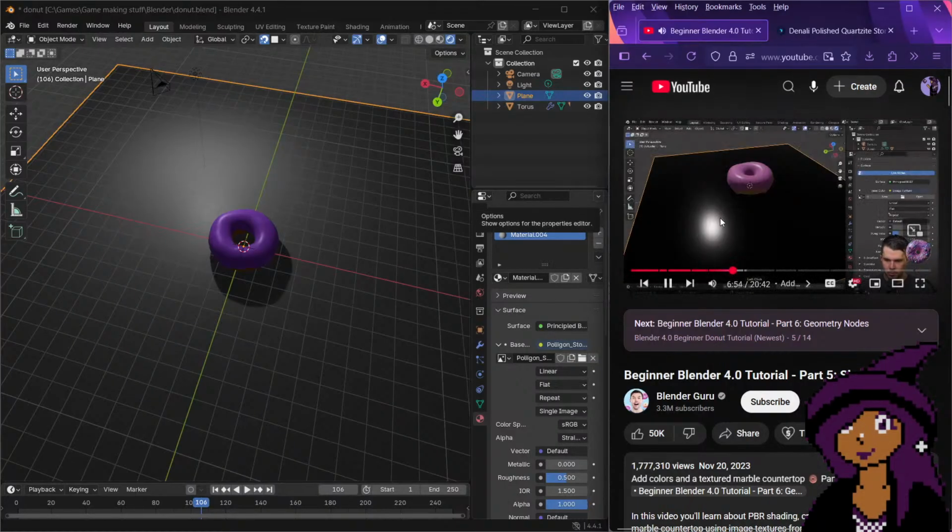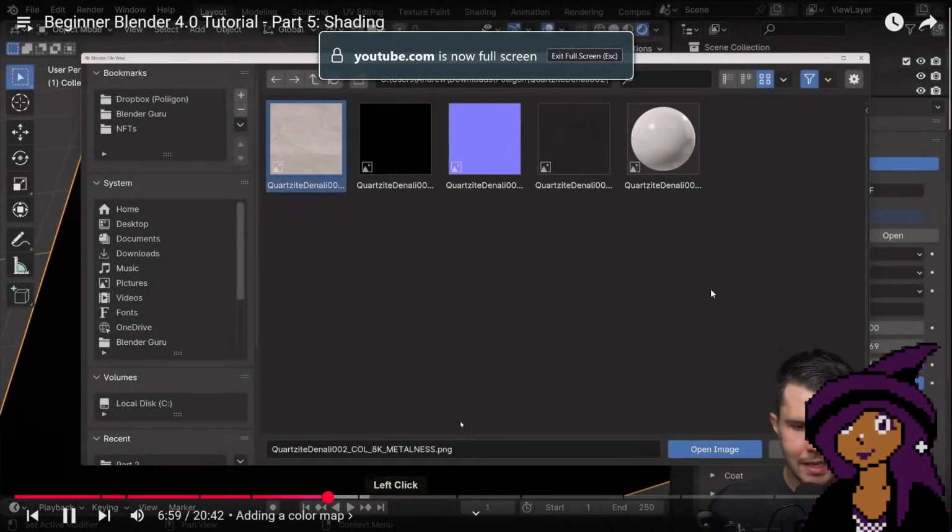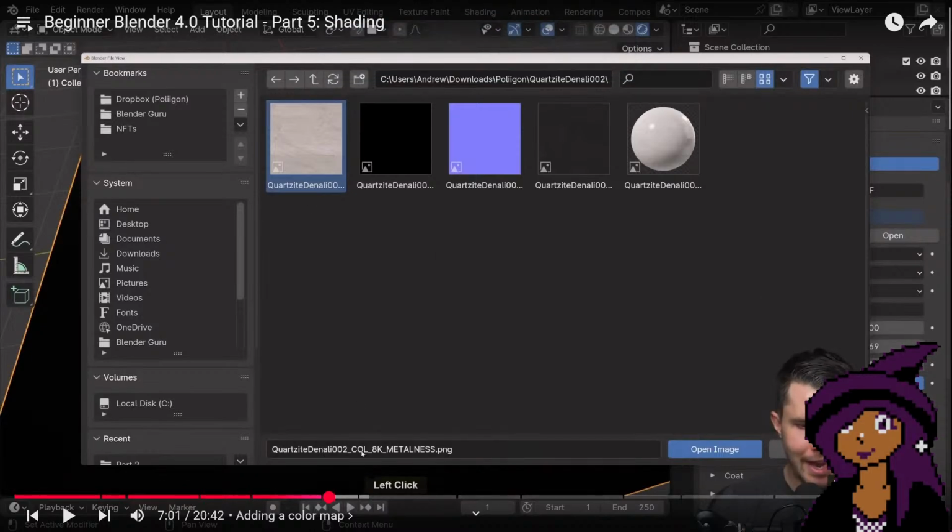So back into Blender, where we've got that image texture, we're going to click on open. Then navigate to where you unzipped it, and then just click on the one that ends